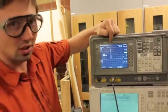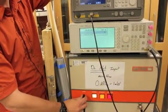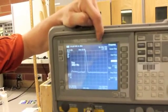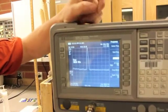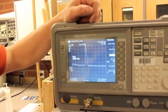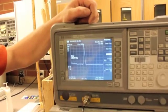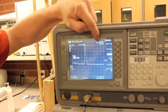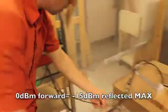And if we concentrate on this again and we turn the gain knob down here, turn that just a little bit, we can see that these numbers can increase or decrease, and you can concentrate on the spike going up and down with the turn of the gain knob. That is how we adjust our power that is coming into our system. So we want to get an ideal of more than negative 15 dBm match. So we set this pretty near 0 dBm,